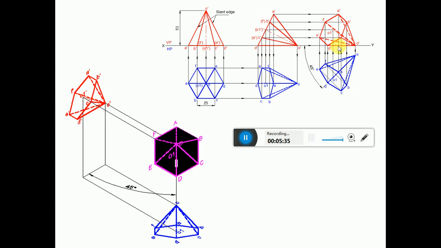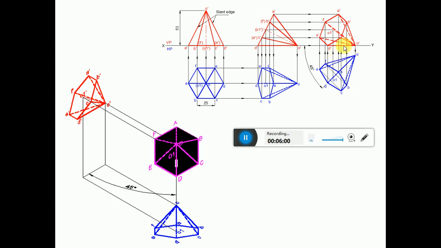Now all these things have to be done by using continuous thin lines. Now we have to dark them. So now we have to apply the condition of visibility and invisibility. So here all the exterior edges of the boundaries of the solids are visible. This is the first condition of the visibility.